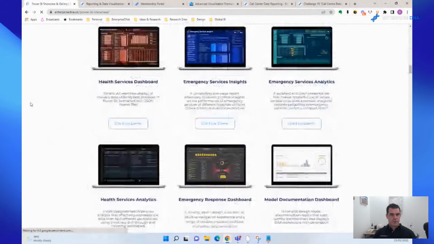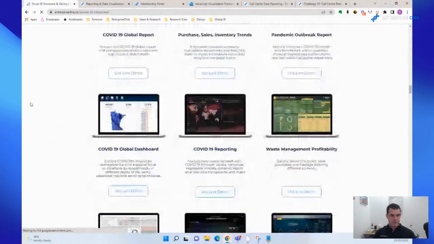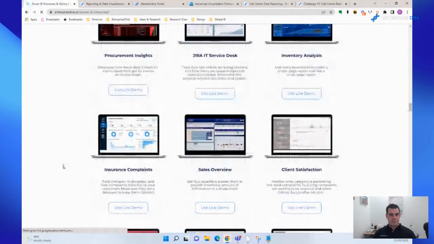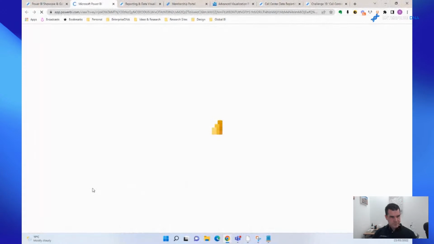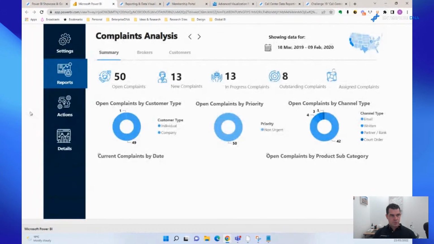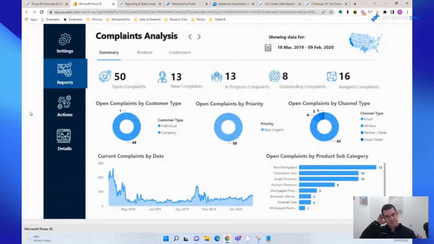Like this one I'll show you. This is one that I always really like to show because I know it well, because this was one of mine. But let's have a look in here. Okay, so you might have seen this before. I demonstrate it quite a lot, but this simply shows you variations and ways that you can build navigation experiences and make your reports look like an application.